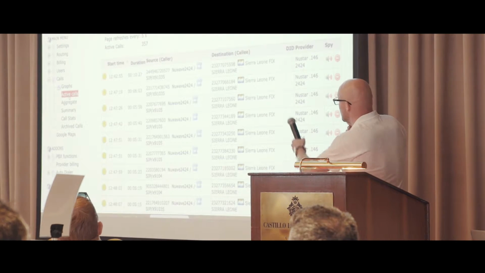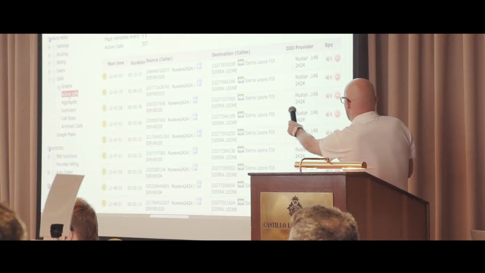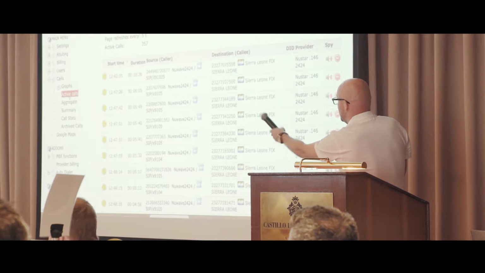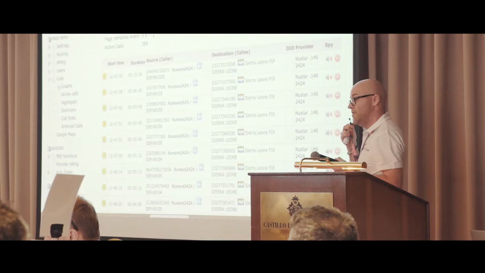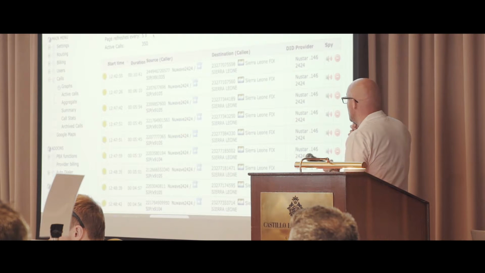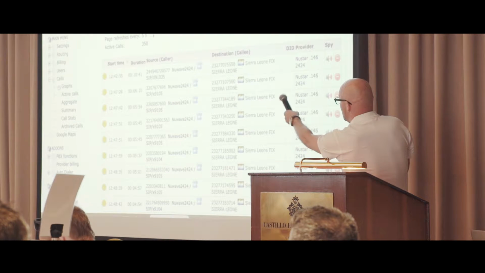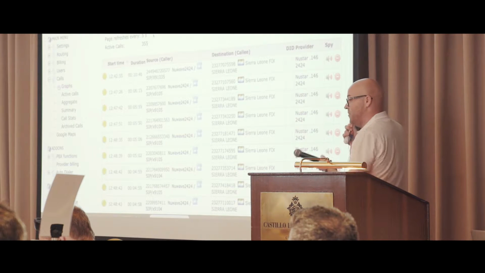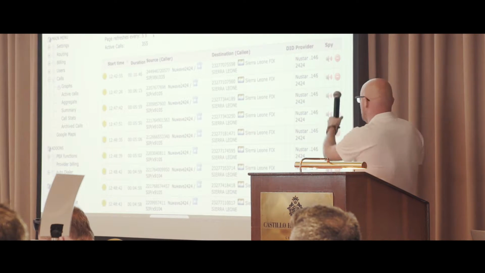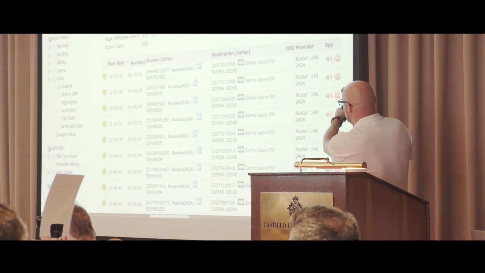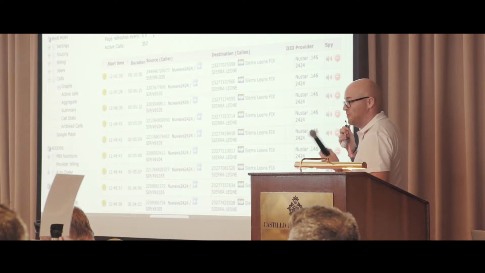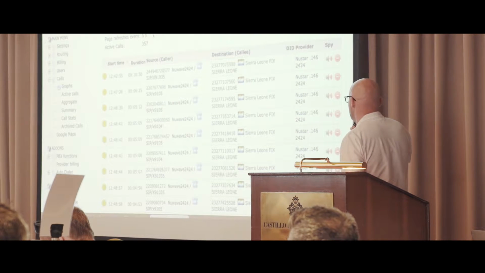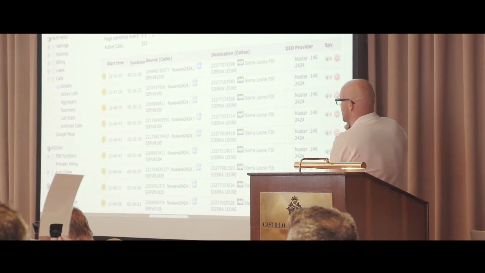As you can see, we are trading these calls per minute. These are ticking over, and we're selling them at around 33 cents in euros. You can see where the source of the call is coming from and the destination where it's being terminated. These are actual live calls. If someone's talking, you'll see the red buttons on the side, and we can switch them off, which we wouldn't do, obviously, because then we couldn't bill it. So this is the actual product that we sell.